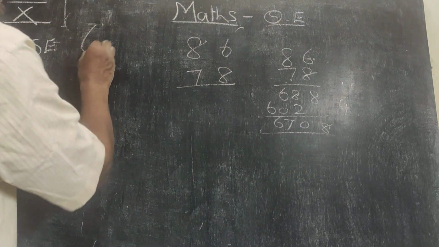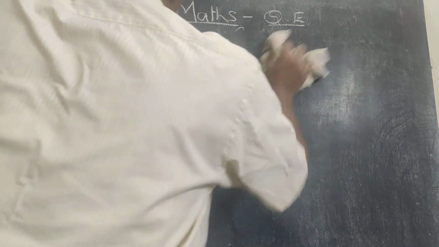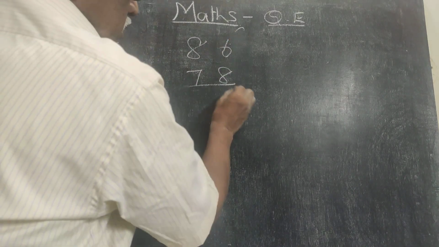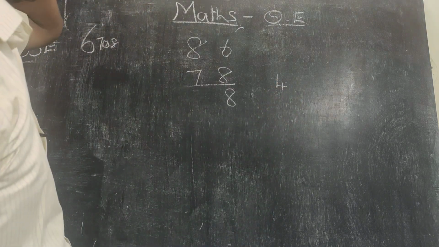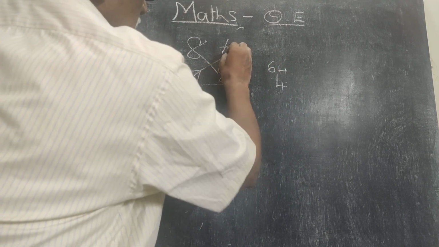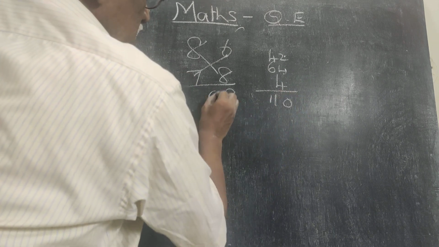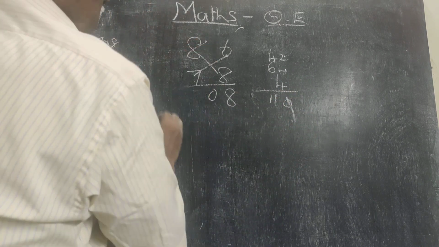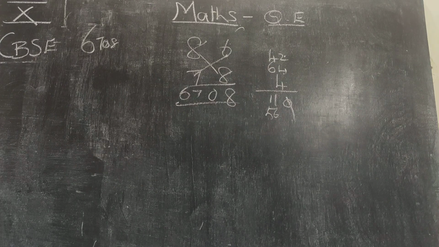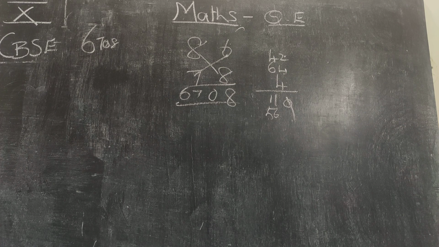This is the answer. Let me write it here. And please check whether I am getting the same answer by the shortcut method. Do this and this: 48, remainder 4. Is it alright? You cross multiply this, 64. Cross multiply this, 42. Add up all. You write one digit. Now multiply this and this, 56. 56 plus 11. We got it very quickly. Is it not? Don't you appreciate how easy it is?